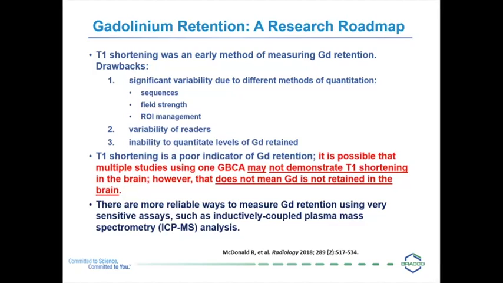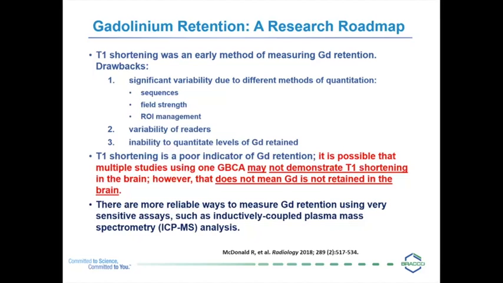In addition, it is unclear what gadolinium-containing species is producing T1 shortening, leading to the possibility that only the MRI visible forms are being selectively detected at imaging. There are much more reliable ways to measure gadolinium retention using very sensitive assays, such as inductively coupled mass spectrometry